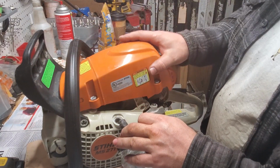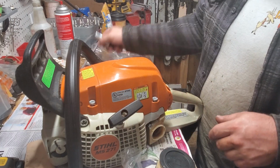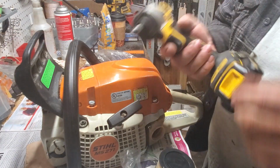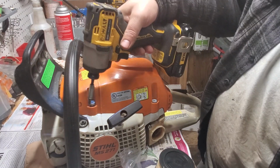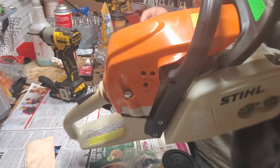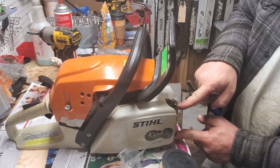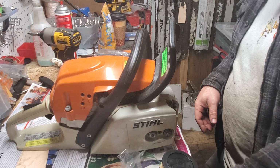And then your top cover just goes on, sits over top everything beautifully. And you can either use your scrunch with a flat tip, right, or you can use a T25 screwdriver. I don't recommend a drill. And those 1, 2, and 1 over here. And then that saw, you guys, would be put back together. So you see, it's really not as difficult as some people think. Again, we'd have 2 screws here, T25s for our spike, our felling dog here,